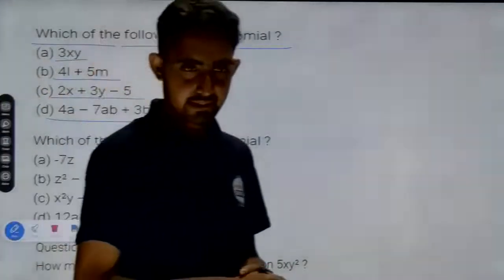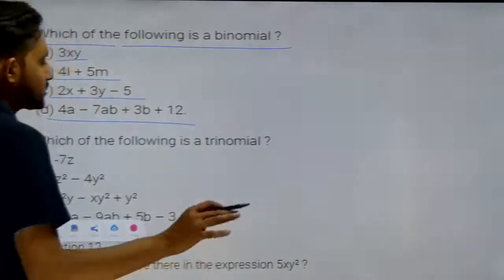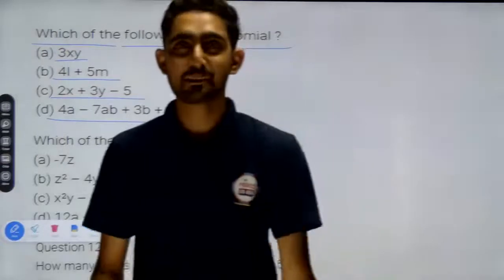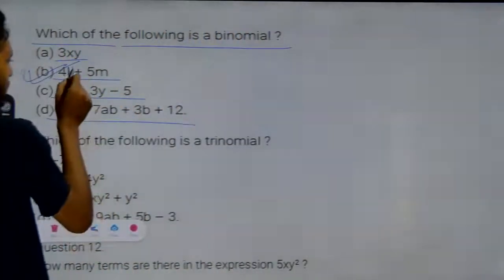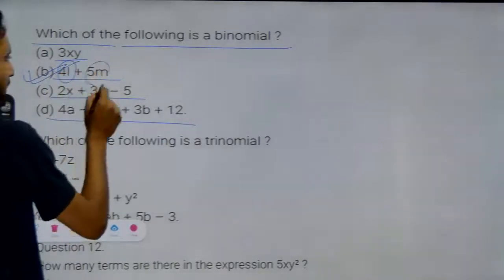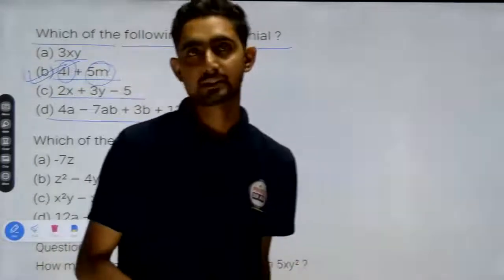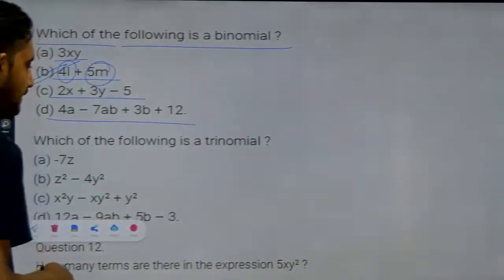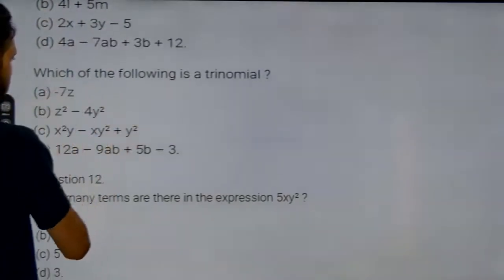So let's see. Yes, option number B. Yes, option number B is the 100% correct answer. Very good. Many of the students already gave the answer before me. I said 10 seconds, but you people gave the answer in 2 seconds. So option number B is the correct answer, because here 2 terms are there, 1 and 2. That's why this is your 100% correct answer. Okay, write down, all of you, option number B is the 100% correct answer. Okay, now we'll move to the next question. Let's see.